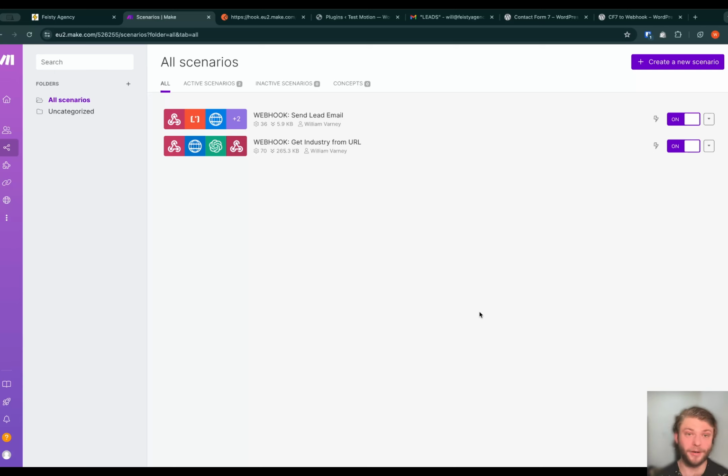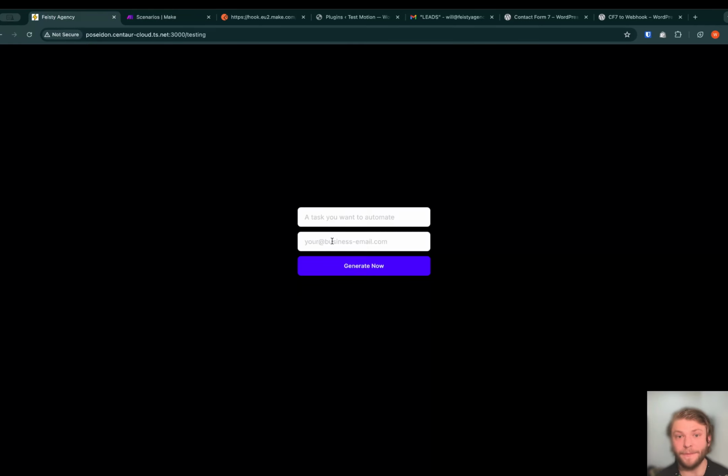Now, what is a webhook? A webhook is a way to communicate with other apps on the web. So, for example, going back to our example form here, when I submit my email and click generate now, usually what will happen on most B2B sites is that it's either going to go direct to an email, which is going to land in someone's inbox, which is going to be checking those leads,